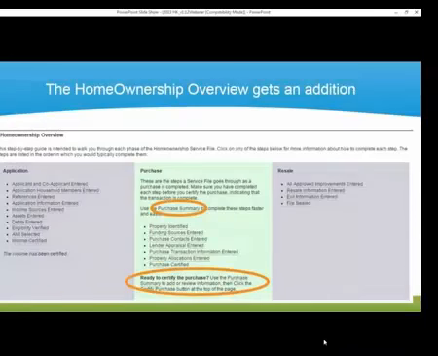So to start, I don't know if everyone is familiar with the homeownership overview, but it's the section on the service file that gives you a step-by-step guide for the application, purchase, and resale section of the service file. And if you have been using HomeKeeper for a while, you will remember